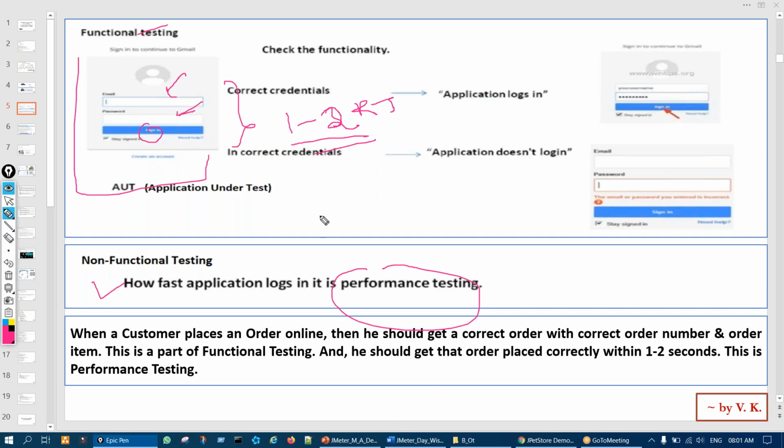Then we put the user load. User load means the expected users on the application. Let us say on Flipkart or Amazon, every day or every hour, at least 1 lakh people will be browsing or doing some activity; 1 lakh is very less.